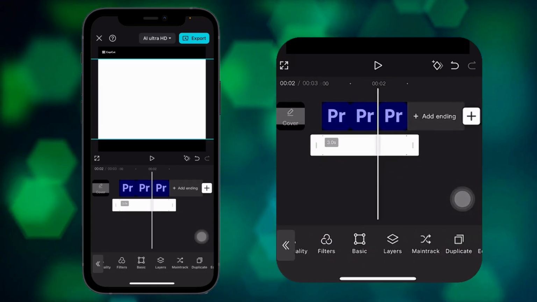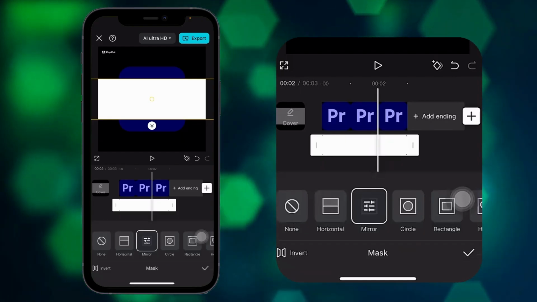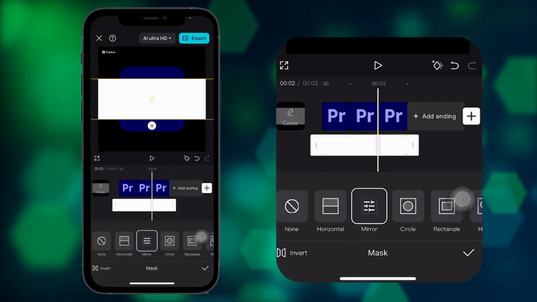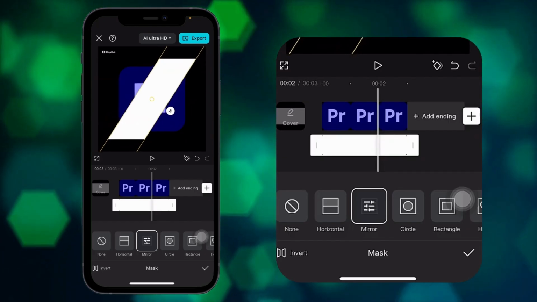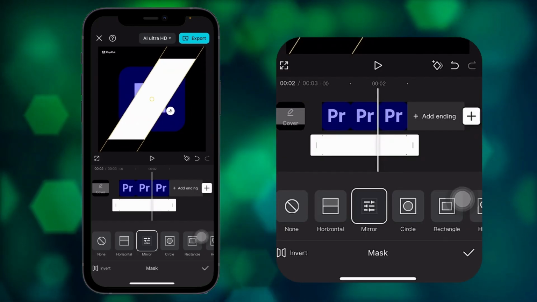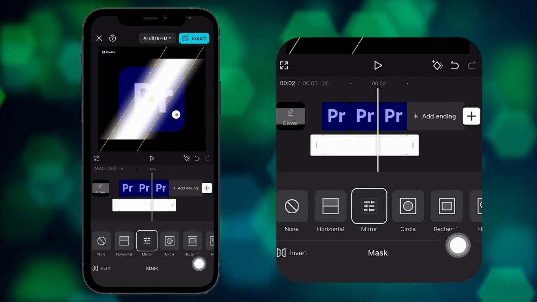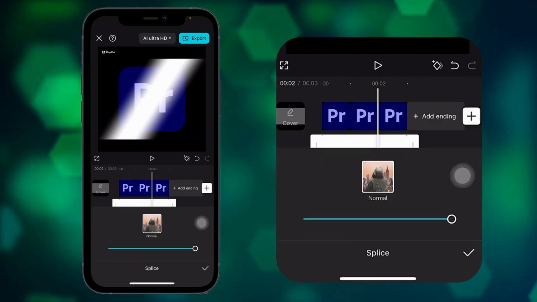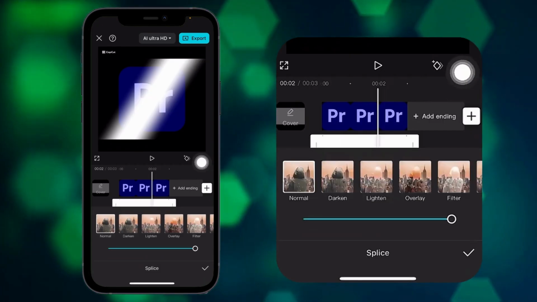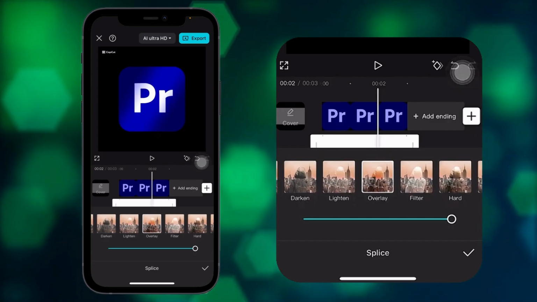Then when you are done, you go to Mask, and we are going to use the mirror mask for this particular tutorial, so select Mirror Mask, then rotate your mask diagonally, just like this. And also, we are going to add some feathering to our mask. So let's blend in the edges using the feathering tool. And when you are done, come and click on this check icon here to go back. Then you go to Splice, so let's tap on it. And we are going to use the overlay. So tap on Overlay. Then, as you can see, this shiny effect has been created on our icon,